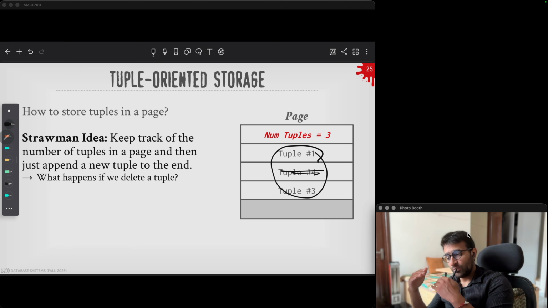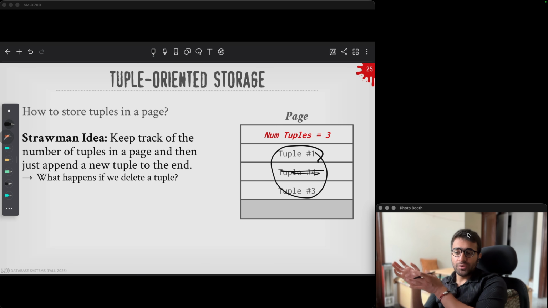But now the problem is that I moved my tuple 3, and assume I have 100 indexes on this table. I need to go and update all those 100 indexes with the new location. That also depends on where your indexes are pointing to. They might be pointing to the primary index, which might be pointing to this. Then you just need to update the primary index. But overall, you need to do some extra work for this. So this is a bad idea,